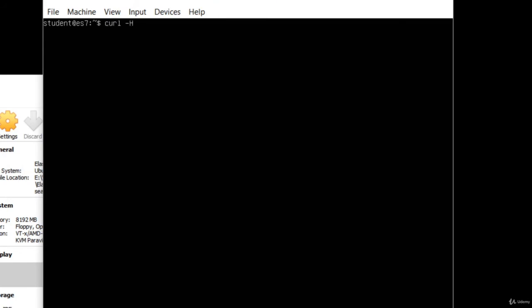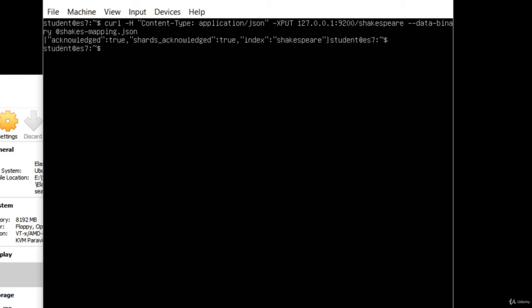curl -H "Content-Type: application/json" -XPUT 127.0.0.1:9200/shakespeare. That'll be the name of our index. --data-binary @shakes-mapping.json. And that has submitted that data type mapping into Elasticsearch, so it knows how to interpret the data that we're